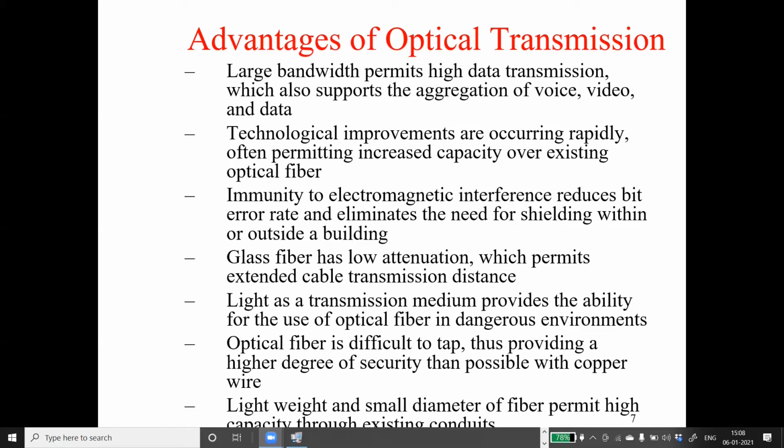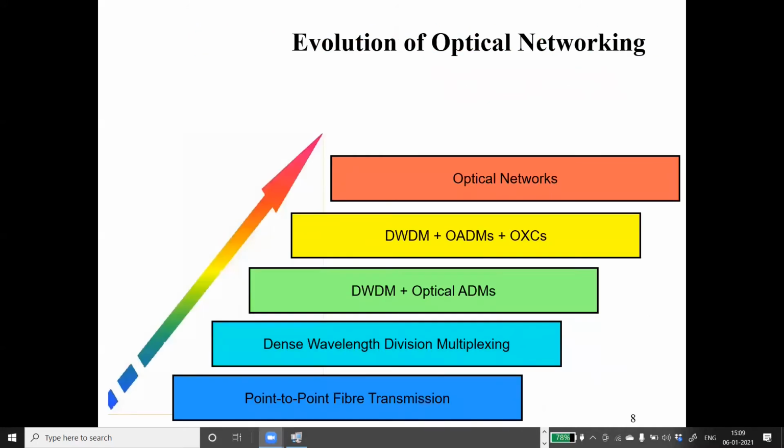And yes, it is not easy to hack information from an optical fiber, because it's insulated. If we want to take out the information from an optical fiber, it has to be cut, and then we can take it. The moment it is cut, definitely the alarms in the system will indicate any loss of information. You can save your system or provide higher security to your system as compared to copper wires. And since they are made of glass, they are lightweight, with a small diameter, but still provide a high capacity for signal transmission.